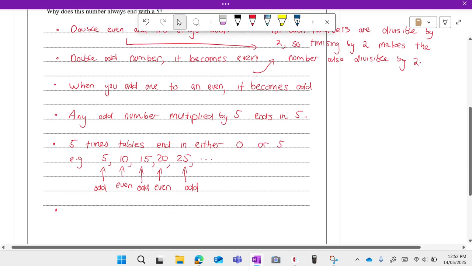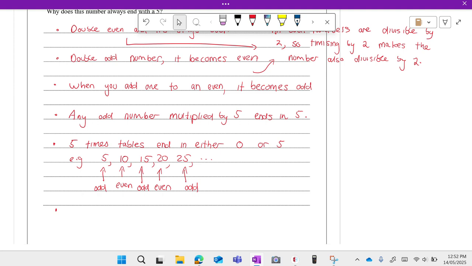And then the last thing is any odd number multiplied by 5 ends in 5. Okay, let's see if we can bring